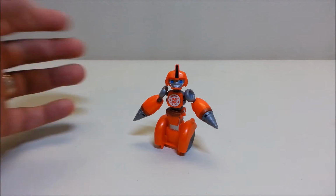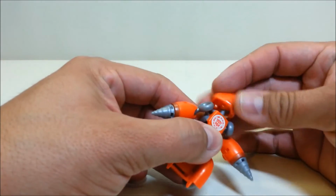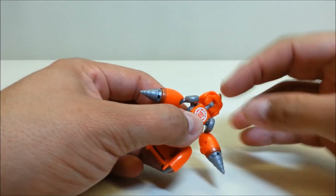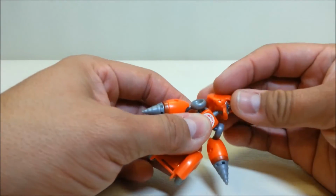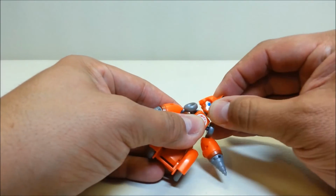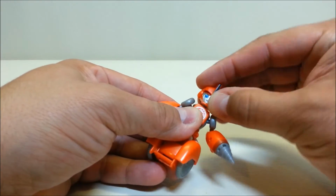So, getting into the articulation, he's got a ball-jointed head, so this guy can swivel. Actually, it's not ball-jointed. It's on a swivel right there, my mistake. So he can swivel his head around, and he's on his little neck piece right here. It can move up and down, so he's very expressive. He can move up and down, and side to side, and you can pretty much move his head just